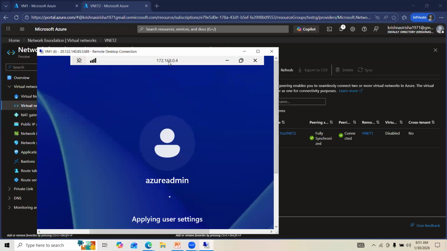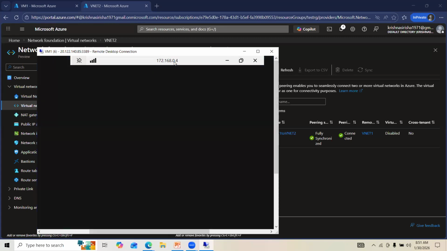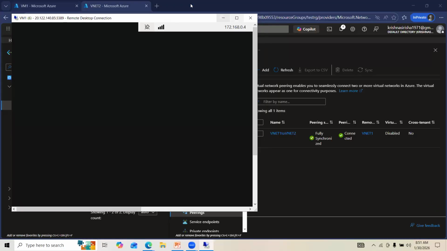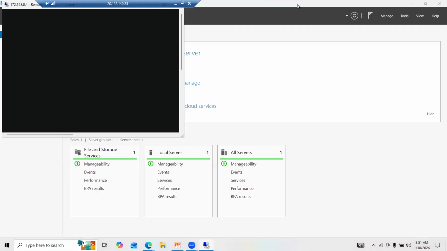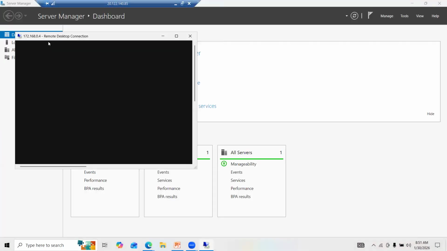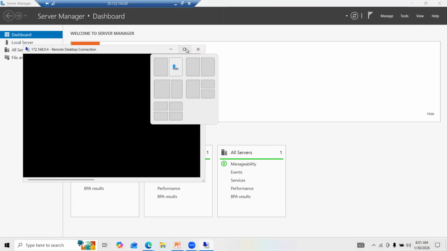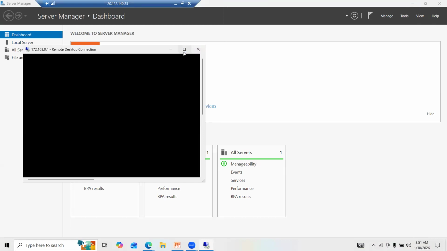Now you're connecting to 172.168.0.4. That is VM2. Okay, from VM1. So we have two servers now, VM1 and VM2. This is VM2 loading now. This is VM1,